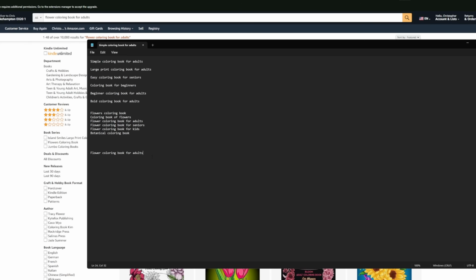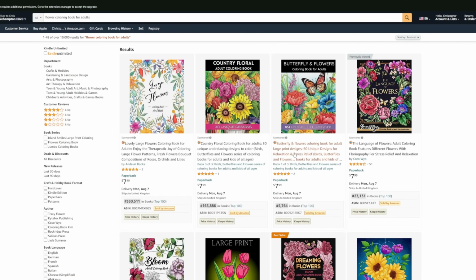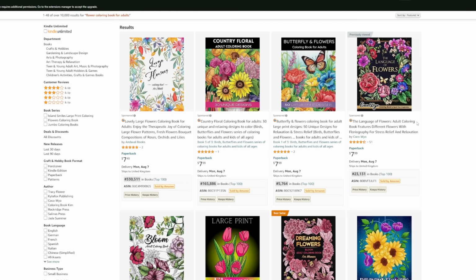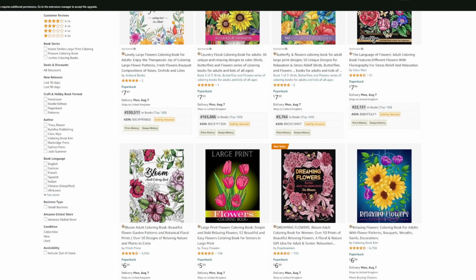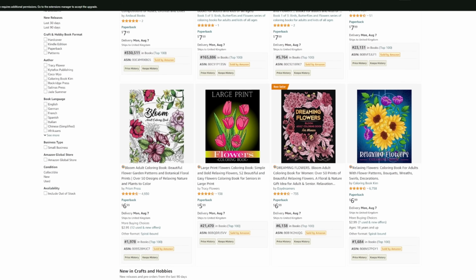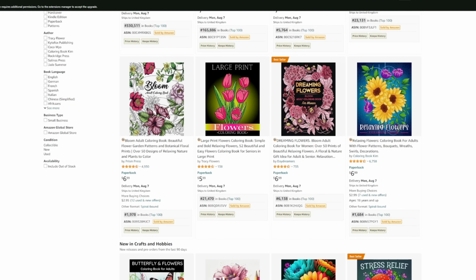So let's write down what we have for the title of our book so far, which is flower coloring book for adults. Then I'd start going through and seeing which words are being used multiple times across similar books. We have ones like stress relief and relaxation that I don't use. I don't know if you should be claiming stress relief in your book titles. That's a dodgy one, but obviously that's down to you. So we've got patterns we could potentially use, swirls, floral, nature,